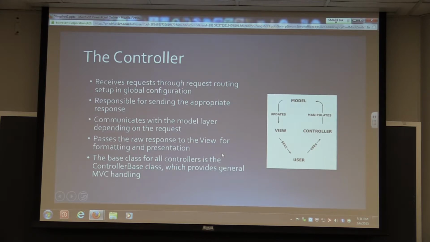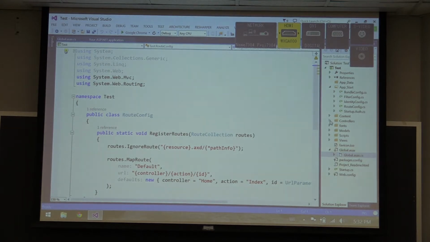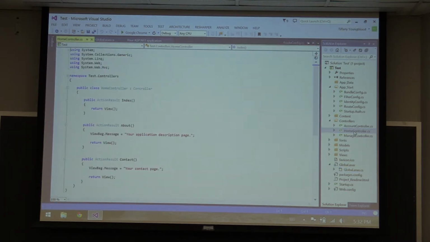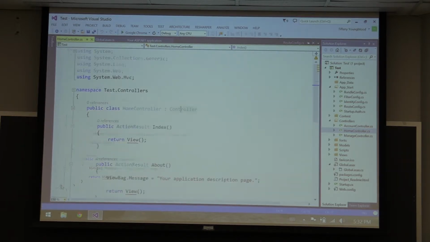Alright. So in any case, the base class for your controllers is the controller base class, and that's what actually manages all of your MVC handling. When you have a new controller that's created, they by default create a few for you. The home one, if you see, I'll make this bigger, our home controller